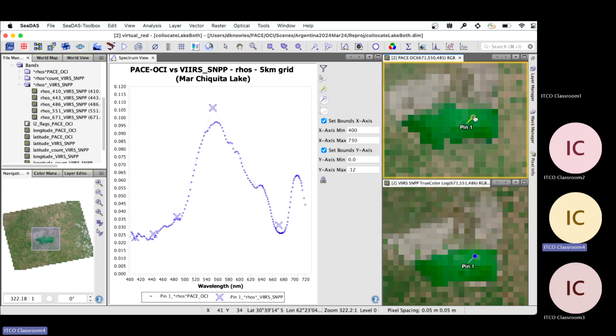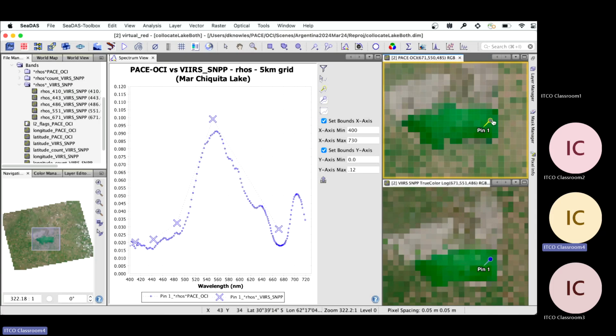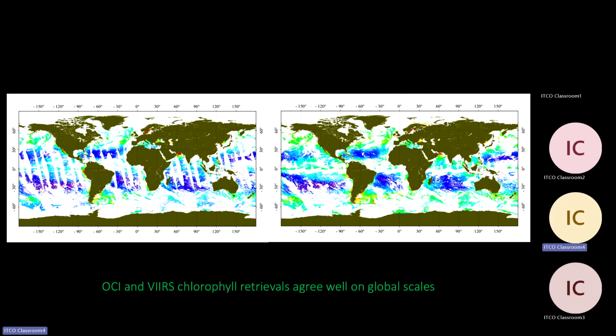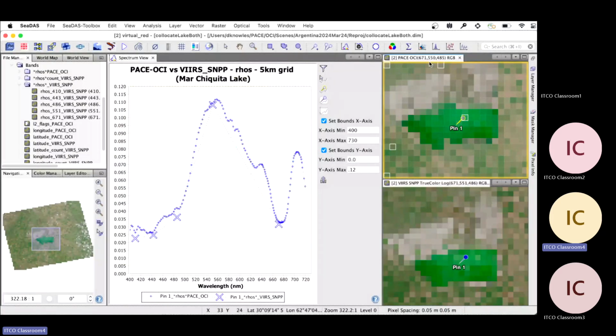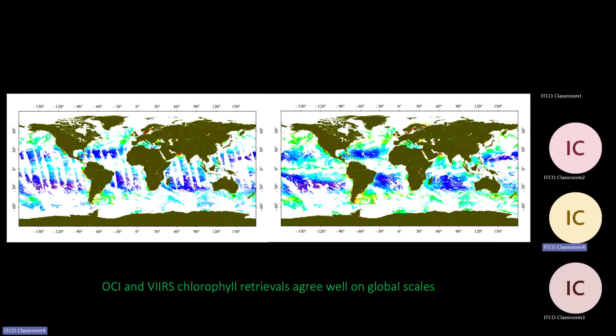So just showing that there's pretty good agreement across. That's not just one, not cherry picking one. So in this scenario here, this was a very hypertrophic sort of condition. I think it was really green. But I can't remember where that lake is. I did look it up. Maybe it's in the notes of the presentation. Yeah, it had a lovely fluorescent red edge there. Yeah, the chlorophyll retrievals